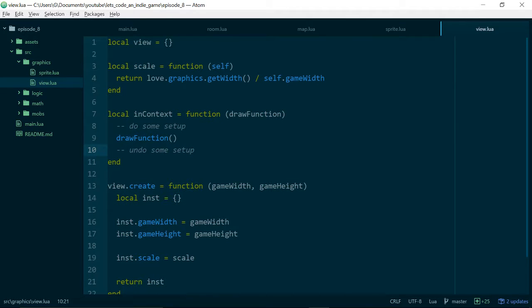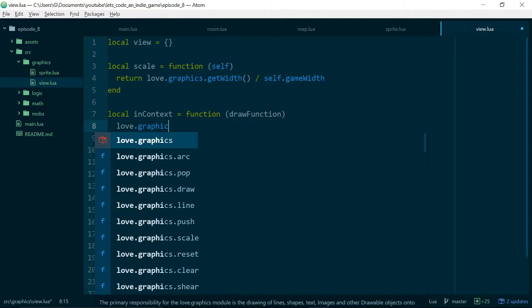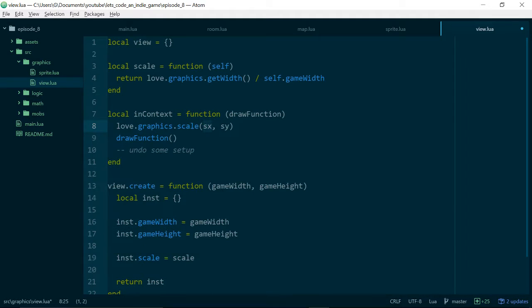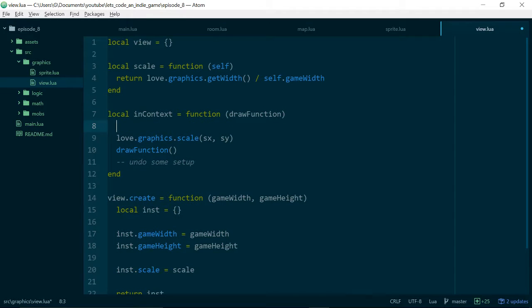Again, what this just makes sure is that everything in our game is drawn with the same graphics transformations applied to it. So let's think about what those graphics transformations look like. Well, we can just do a love.graphics.scale, and in here we can use our scale function. So go ahead: local scale equals scale,